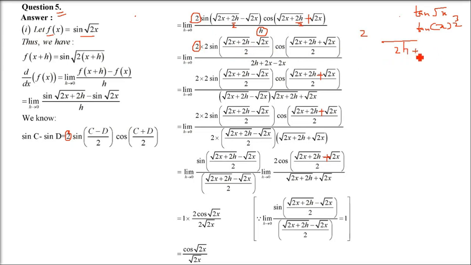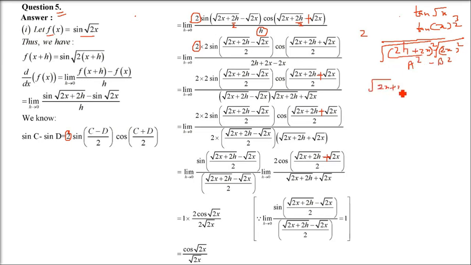Now 2h is there, so you need 2x plus 2h. So you can add a 2x, you can subtract a 2x. Okay. Now 2x plus 2h, it is in under root. So now still we have something to do. So what you can do is, you can take this 2x plus 2h as under root. If I take under root and square, it will be the same term. Here also if I take under root and square, it will be the same term. So you have a squared minus b squared formula.